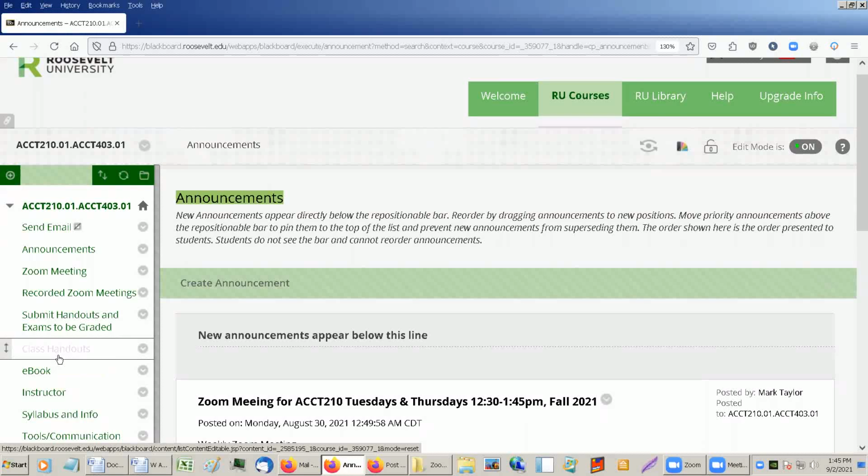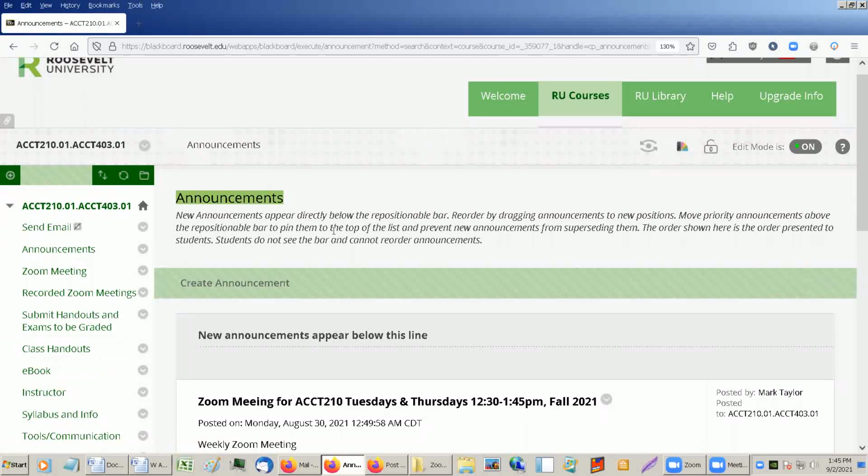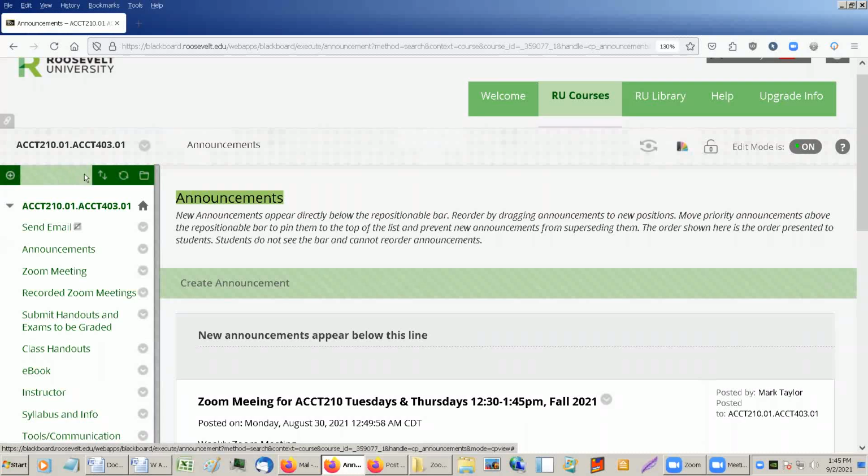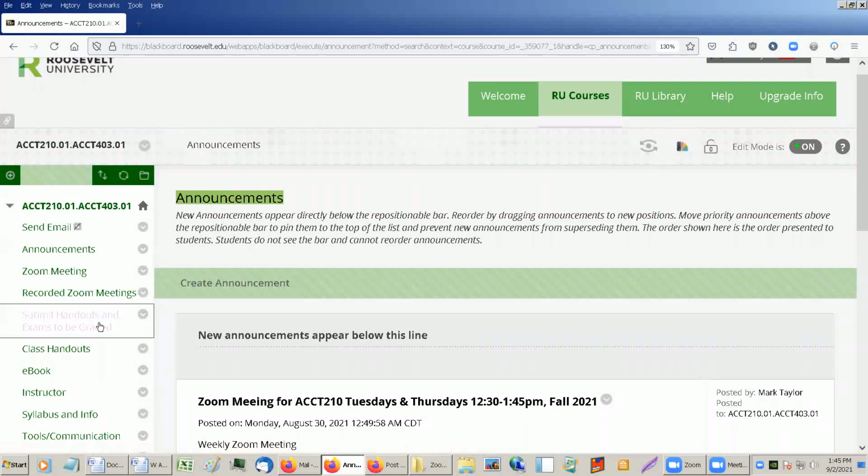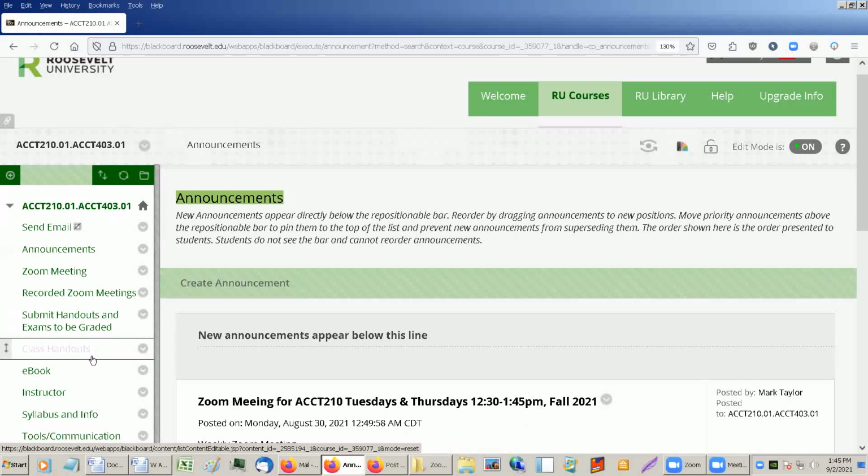Okay, yeah, I'm looking at Blackboard right now. It hasn't come through yet, so. Oh, it has. You have to hit that refresh button on the green tab. Okay, thank you. Yeah, sorry about that. Yeah, I don't know who comes up with these color schemes, but it's light pink on white.